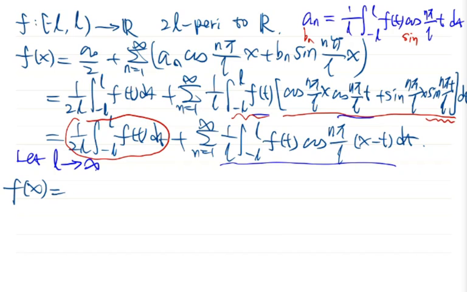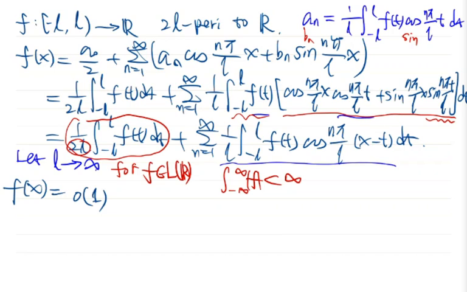Our basic assumption is that we consider integrable functions, f integrable over R. Therefore, when L goes to infinity, the first term in the expansion, the integral of f from minus L to L, that is minus infinity to infinity of f, is a bounded quantity. And the L in the denominator makes this term infinitesimally small. So this gives us a very small term, plus the later term